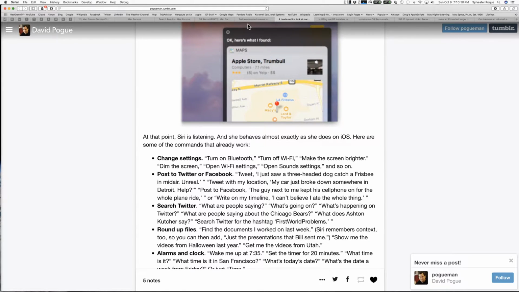how to use it to do things like setting an alarm clock, setting alarms, that kind of thing. Longtime Siri users on the iPhone may not find this very helpful because it's very similar in terms of what it can do. But those of you that have not used Siri a lot, or you've had a phone that doesn't really make good use of Siri because of speed and that kind of thing, and may not be available to you, you can look at this, and this will give you a good idea of what Siri can do on the Mac and whether you think it would be a useful